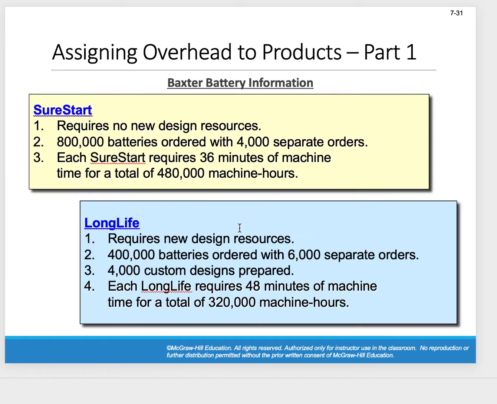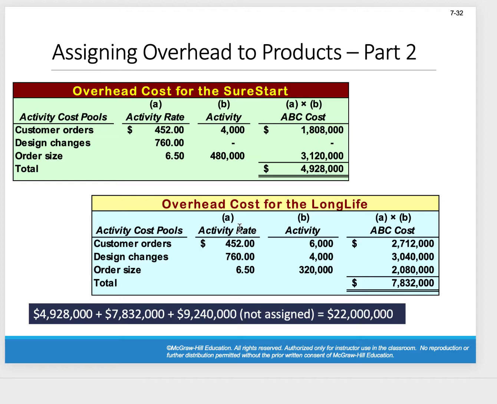Oh, sorry, going the wrong way. So we do the same exact thing that we did for SureStart. We take the activity rates for each activity and multiply them by the actual activity incurred. So we see that the total activity-based costing for Long Life is